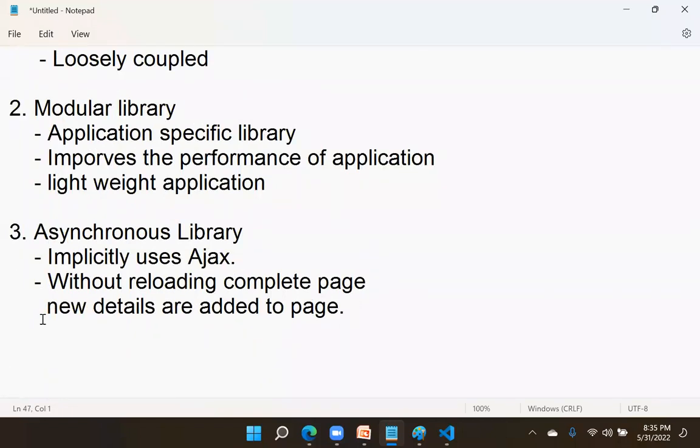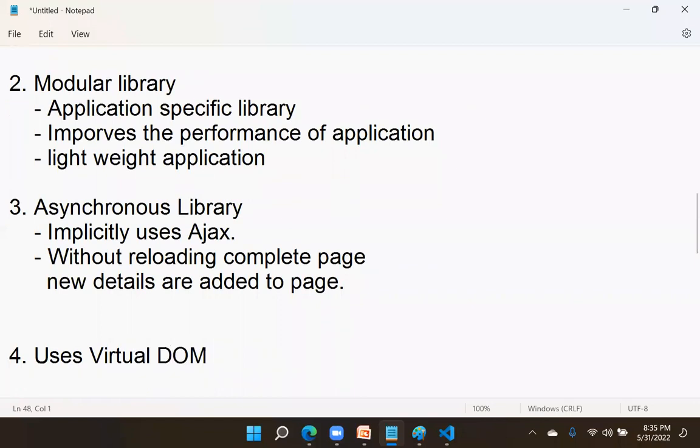Another very important thing about React, a very major feature of React, is that React uses virtual DOM. This is important. This is the major concept. Generally in interviews they ask this very much. That means React uses virtual DOM. Now to understand what is virtual DOM, first you need to understand a few important things.